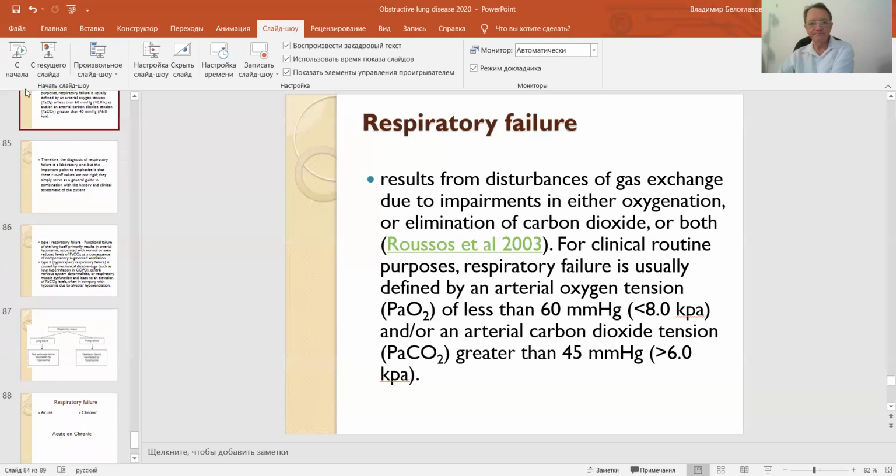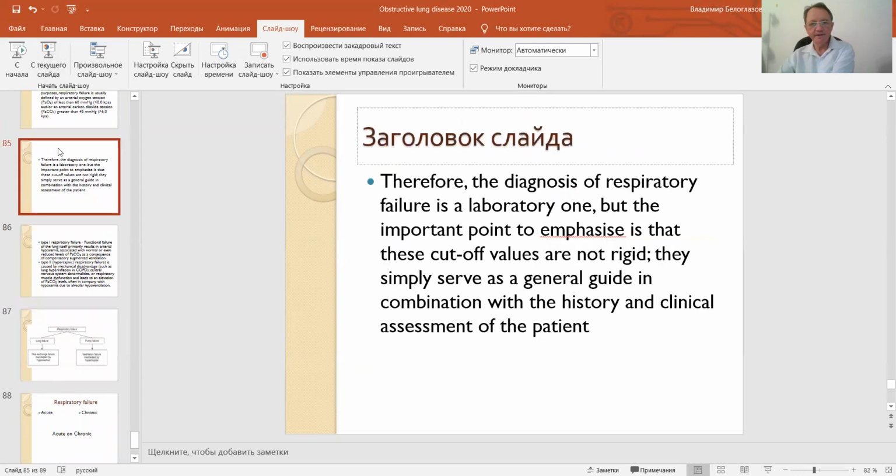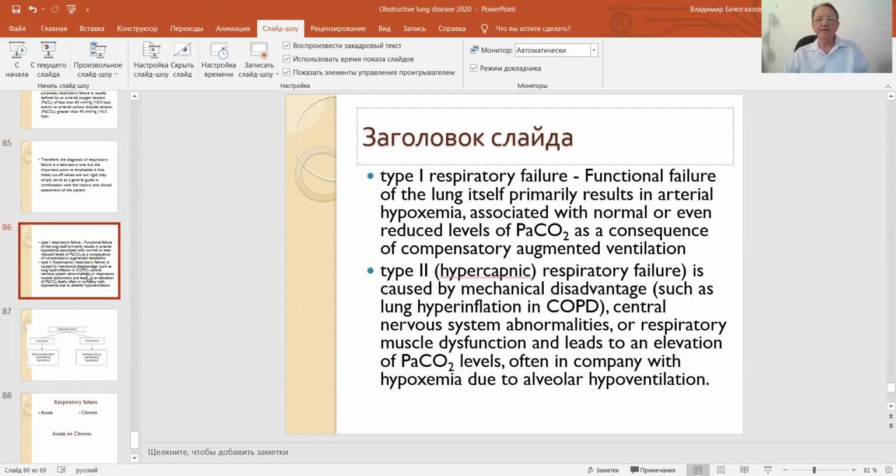Therefore, the diagnosis of respiratory failure is a laboratory one. But the important point to emphasize is that these cutoff values are not rigid. They simply serve as a general guide in combination with the history and clinical assessment of the patient. There are 2 types of respiratory failure. Type 1,